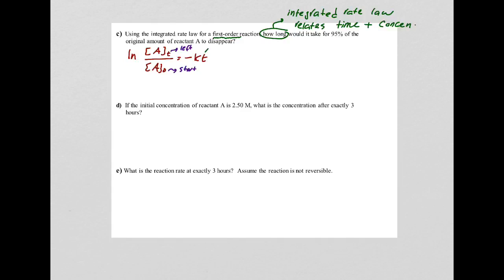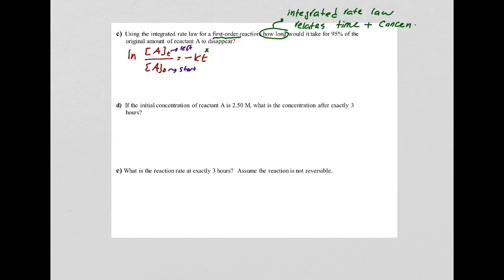So t is what we want. It really helps to figure out at the beginning what your X is, because once you figure out your X, you have to have the other variables to plug in. They can't give you two unknown variables at a time, right? So once you know what your X is, you have every single piece of information that you need to figure out t. Alright, so here's the thing. I don't have numbers, I just have a percentage. It says